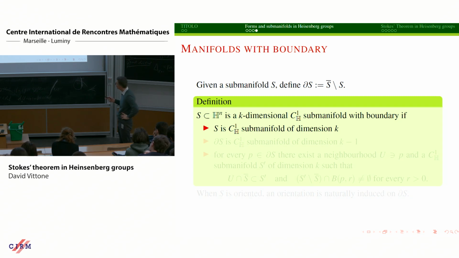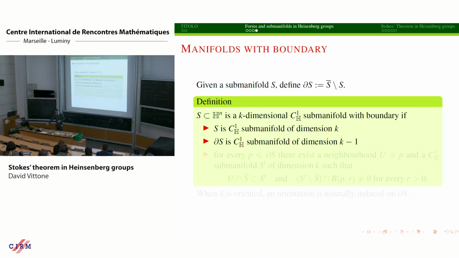So we say that a submanifold S in Heisenberg is a k-dimensional submanifold with boundary, with C1H or intrinsic C1 regularity if, of course, S is a C1H submanifold of dimension k, and the boundary defined in this way is a C1H submanifold of dimension k minus 1. Okay, this of course is not enough because, for instance, even in classical Euclidean or Riemannian geometry,